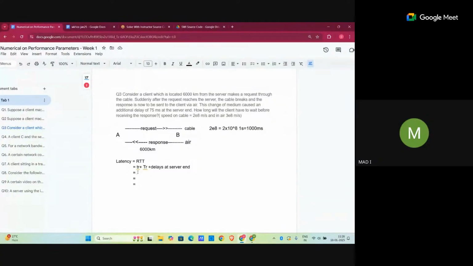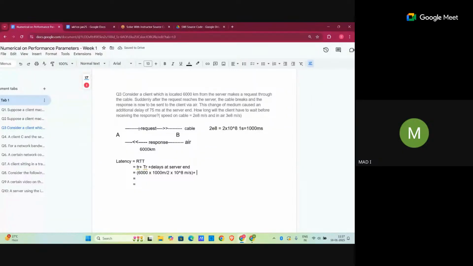The distance is 6,000 kilometer, divided by the speed. At that time, the medium was cable, so we will divide it by 2 into 10 to the power 8. Here, this answer will come in seconds, because the distance is in meter and the speed is in meter per second. Plus,